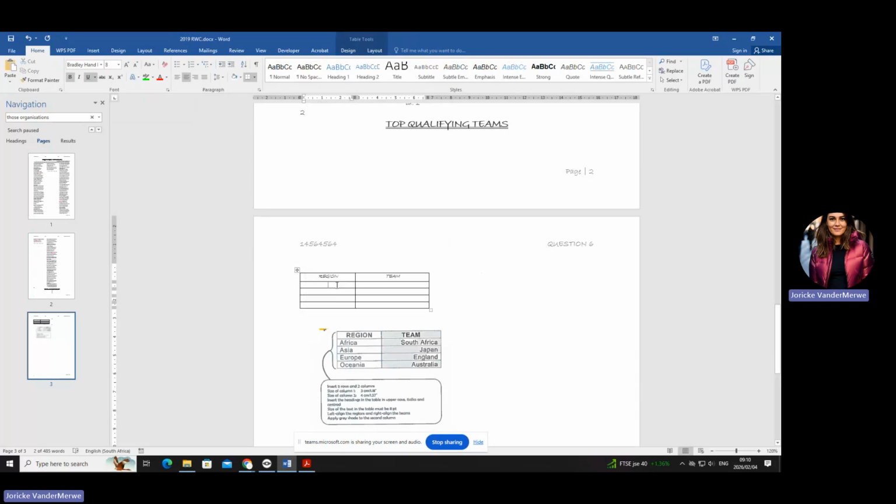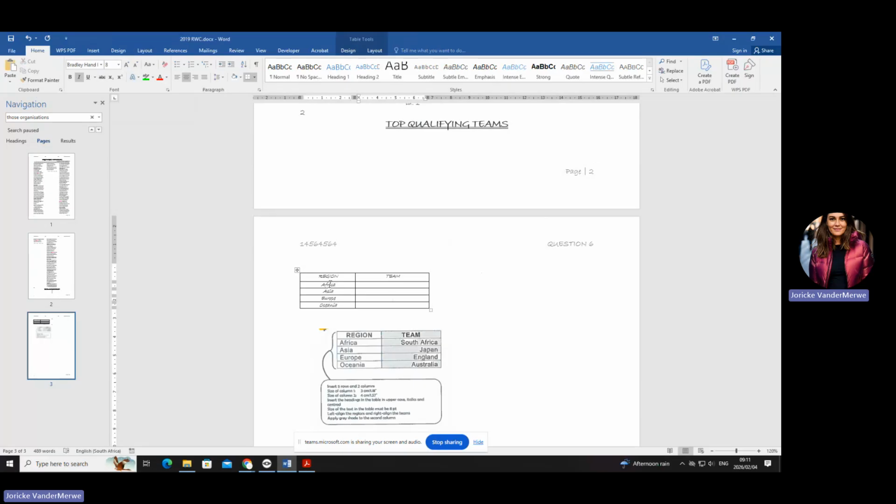So now we quickly have to type that in. This is going to be Africa. Let me just quickly make all of them the same. Make sure you're in the same one. And then Asia, and then Europe, and then Oceania.